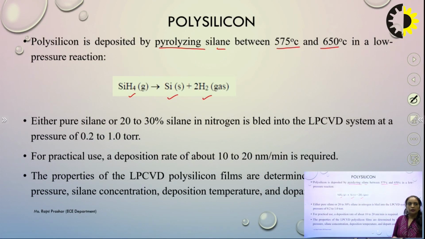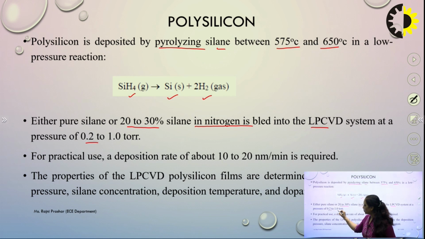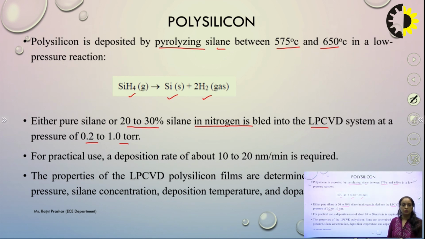Either pure silane or 20 to 30% silane blended in nitrogen gas can be used in an LPCVD system with a pressure range of 0.2 to 1 torr. So for this process we can either use pure silane or silane mixed with nitrogen at 20 to 30%, at a very low pressure. In practice, this deposition is carried out at about 10 to 20